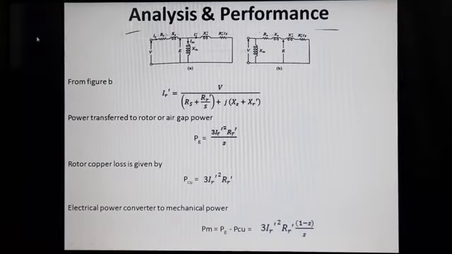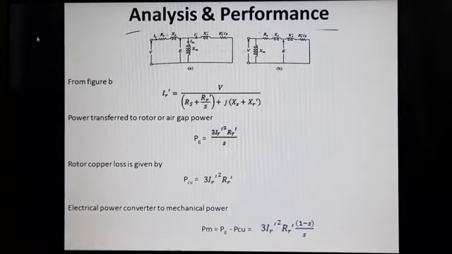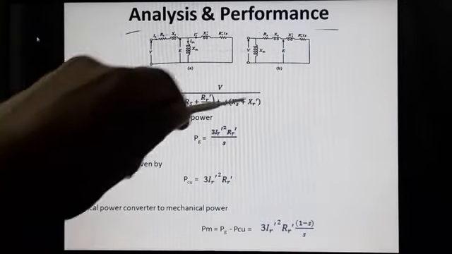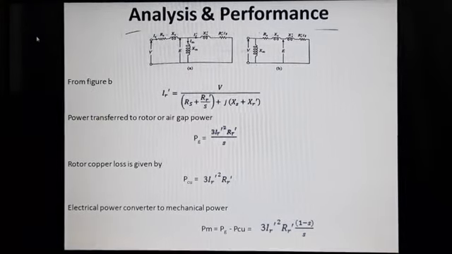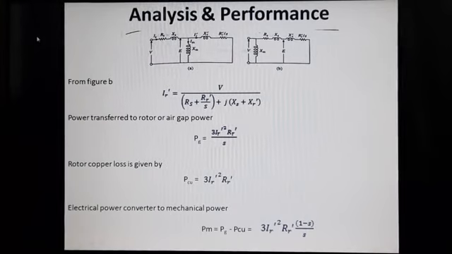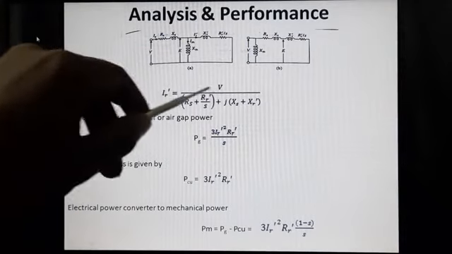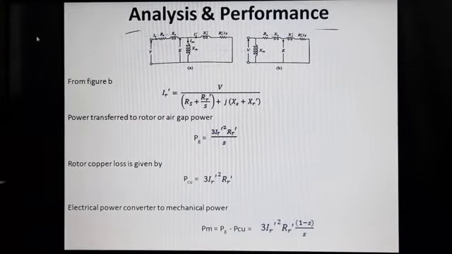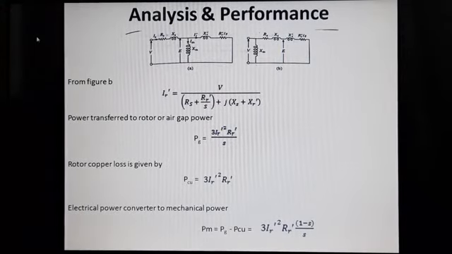Next, we have to obtain the current speed characteristics. In order to obtain the current speed characteristics, we have to see the relation of current. This is the current relation. We have to obtain it in a more simplified form, and we have to get its magnitude. So further simplifying it, while taking the LCM of s in the denominator side and neglecting the stator resistance and the stator reactance term.